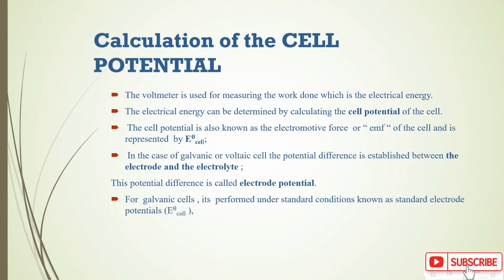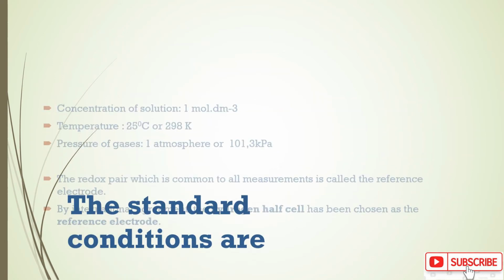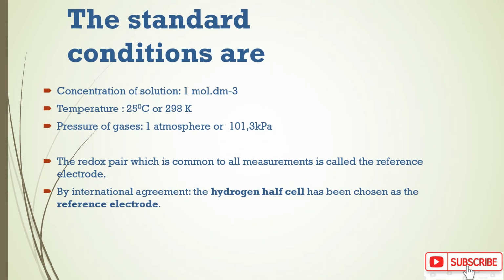In the case of a galvanic or voltaic cell, the potential difference is established between the electrode and the electrolyte. This potential difference is called the electrode potential. For galvanic cells performed under standard conditions, these are known as standard electrode potentials. The standard conditions are as follows. The concentration of the solution must be 1 mole per decimeter cube. The temperature must be 25 degrees Celsius or 298 Kelvin. The pressure of gases must be 1 atmosphere or